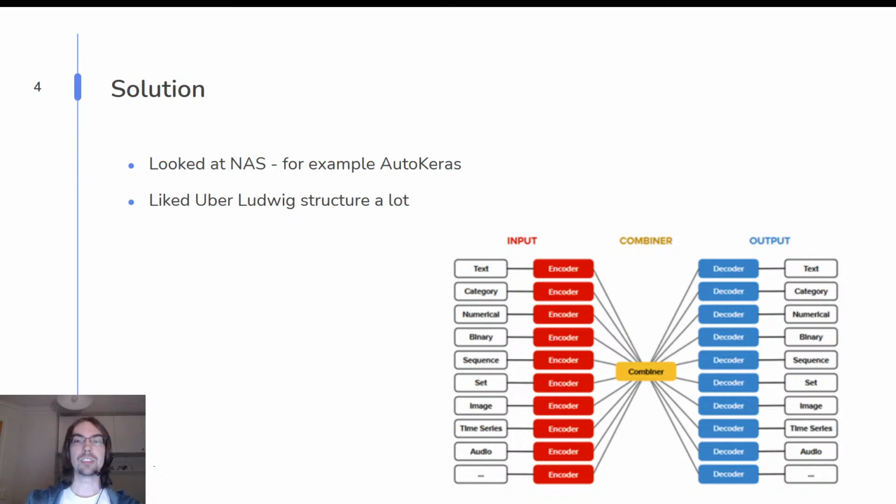Another benefit which comes with this is that what you feed into Ludwig, or into this system in general, is a structured data set or a tabular data set. And this could be something like a CSV or an Excel or a JSON, anything with that kind of structure to it,